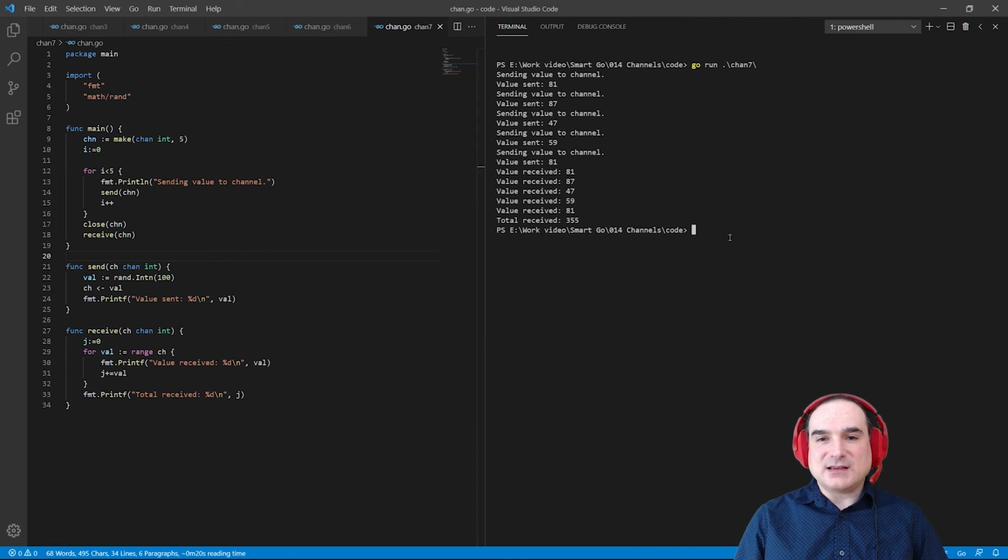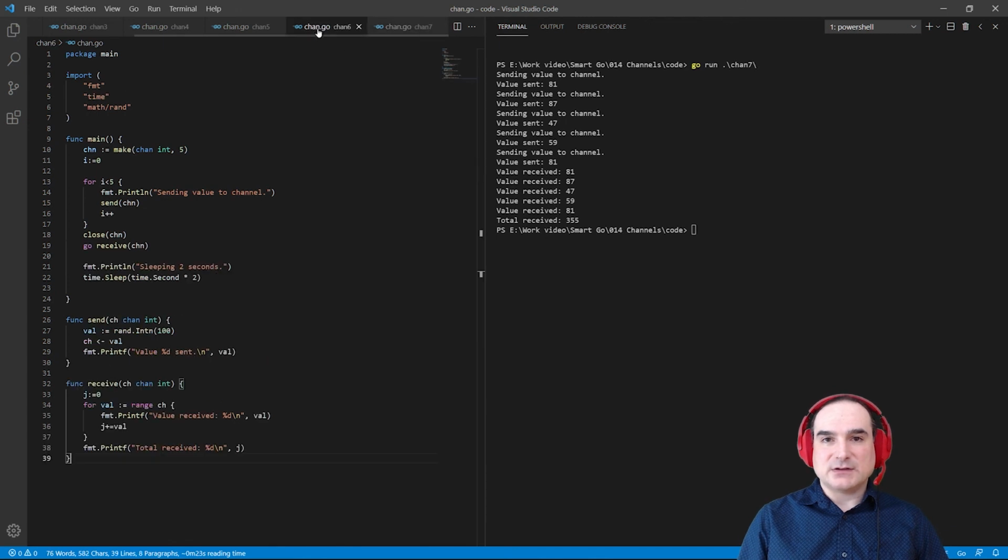So again, the idea behind a channel is to have a way to send and receive messages throughout a Go program, typically between Go routines. Channels aren't foolproof, and again, that's something to explore in a future video, but they greatly reduce the amount of effort needed to communicate between the asynchronous components of a Go application.